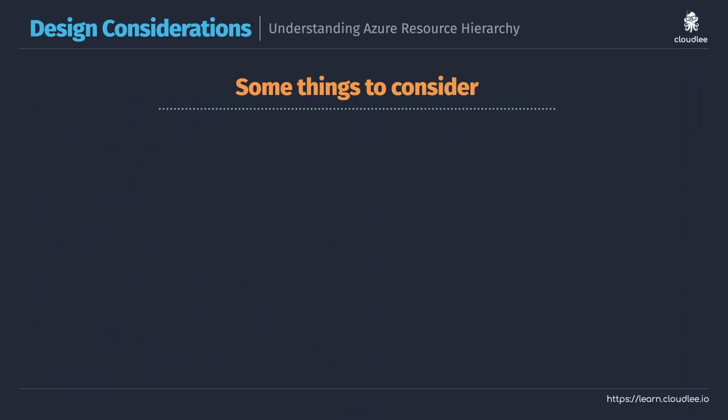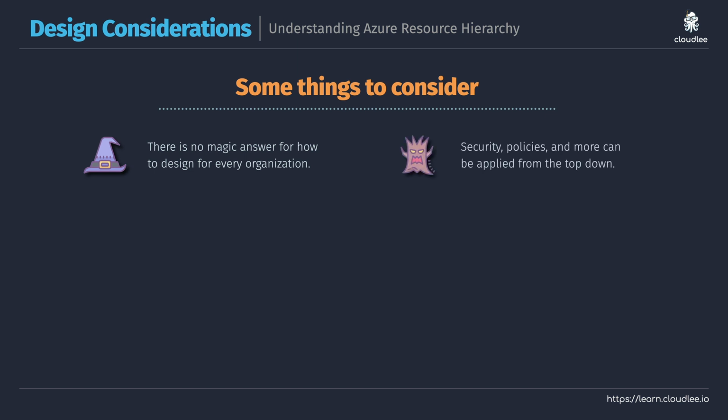So, some final things to consider. First things first, I would say there's no magic answer in terms of how you actually go and set up all of this hierarchy. It's really up to you, up to your organization, and it's going to depend on what you're trying to achieve with things such as Azure Role-Based Access Control, Azure Policy, automation, and many other features that you'll learn about as you continue your journey with Azure. Just understand that for a range of these different features, when you apply them at the higher levels of the resource hierarchy, they do actually tend to inherit and apply from the top to the bottom.